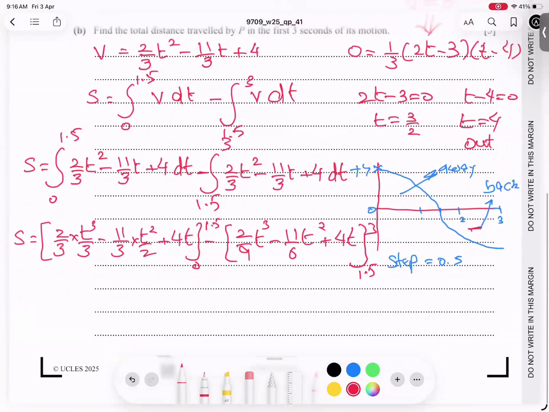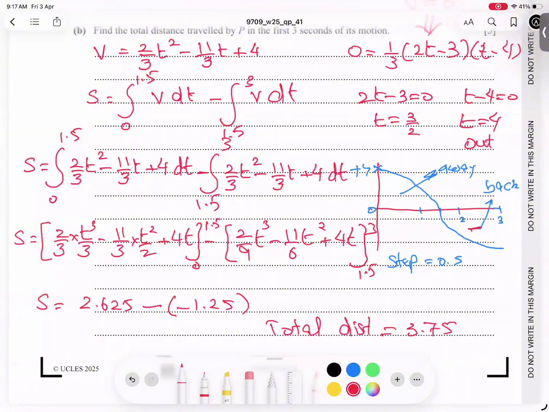Now students, I'm going to plug in the values. The first answer I'm getting, after typing in the calculator the upper limit, because with lower limit 0 plugged in I'll get 0. So here I'm getting 2.625 and a negative sign. And this will give us upper limit minus lower limit. I'm getting negative 1.25. And that is the total distance, what I get from here. If I add them, I get